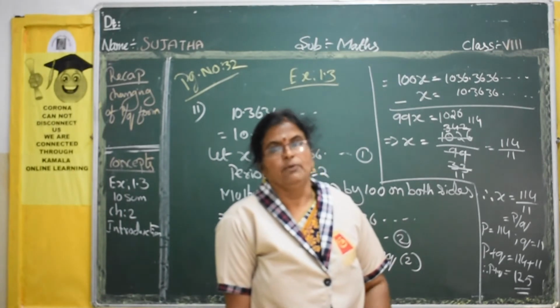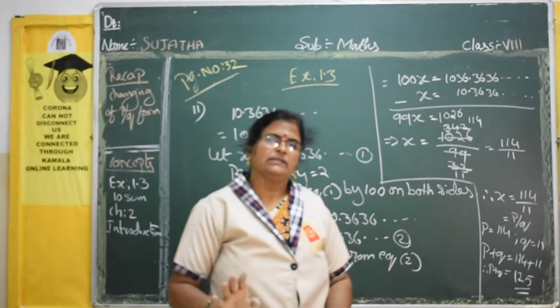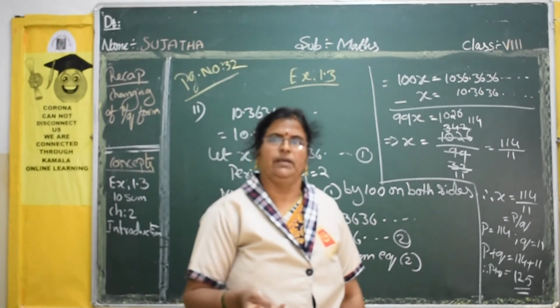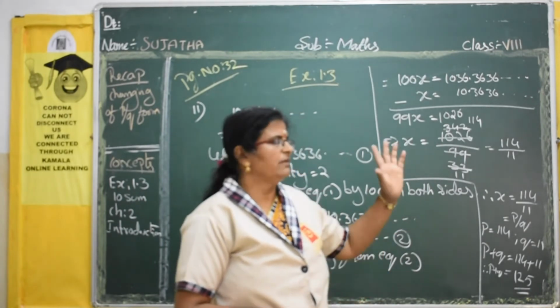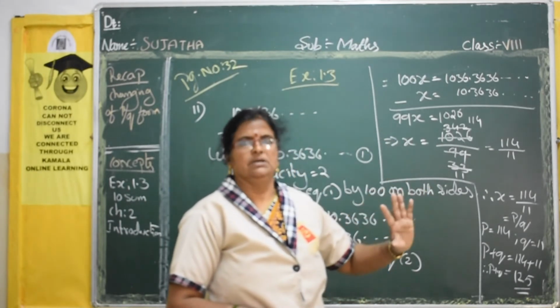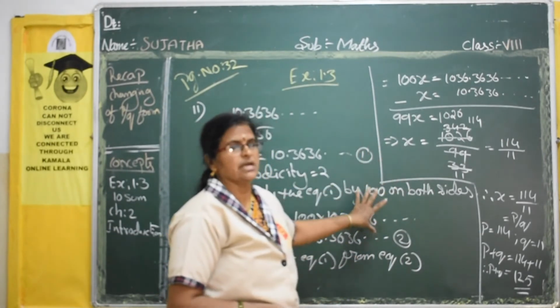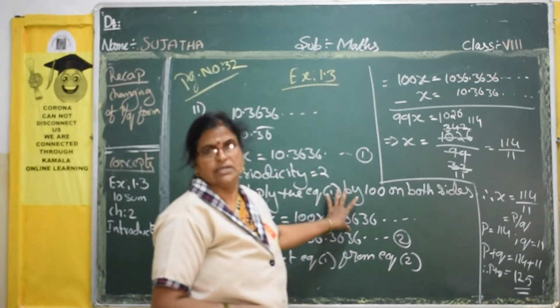Now I hope you understood the first chapter. What did we learn? First, we learn properties in rational numbers under four mathematical operations. What are those? Closure property, associative property, commutative property and distributive law. These all we learn in rational numbers, and after that, the main important thing is you will get this type of sums in SA1 and SA2 also. For 4 marks you will definitely get it.